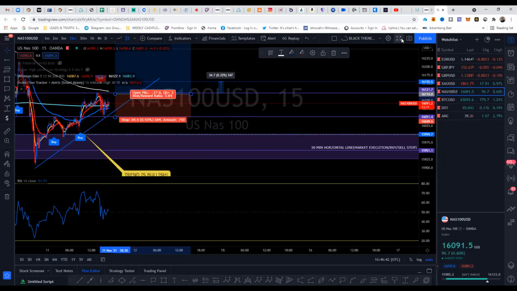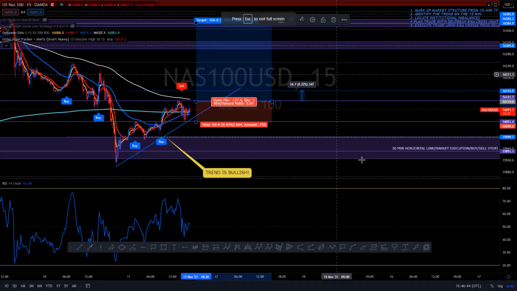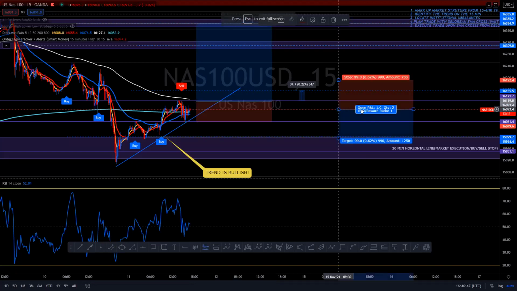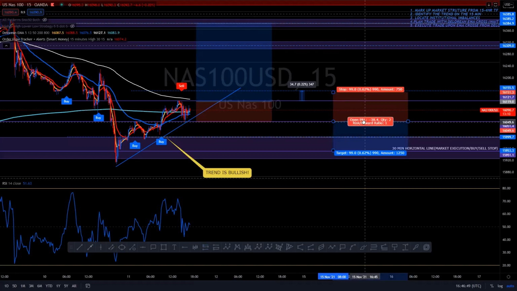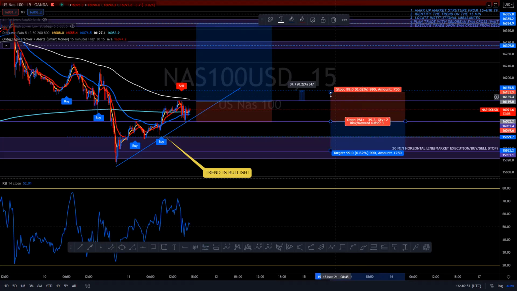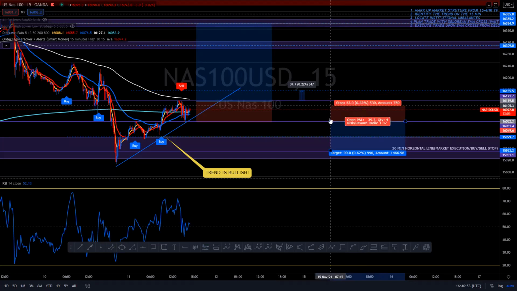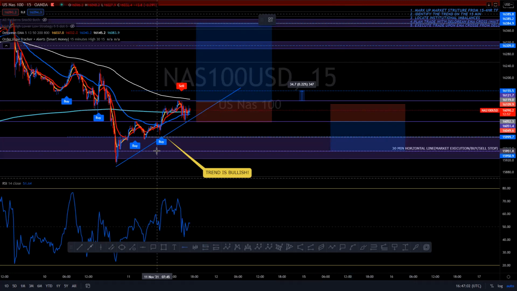Then the next thing I like to do is take my risk to reward tool for the short position and plan for it if it decides to sell. That way I'm ready for either one. Okay, and this will be my first take profit here, and I probably might make this my second one. The reason why I do that is because when price decides to break on either one of these,